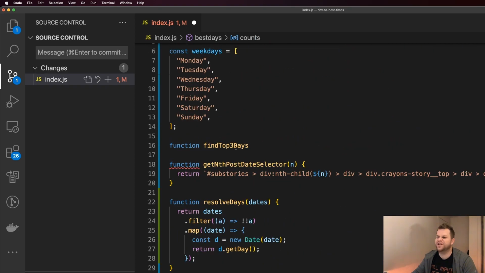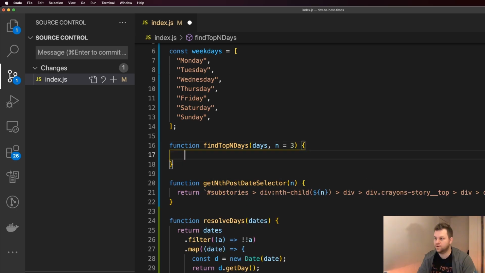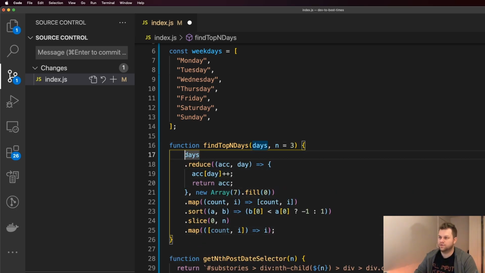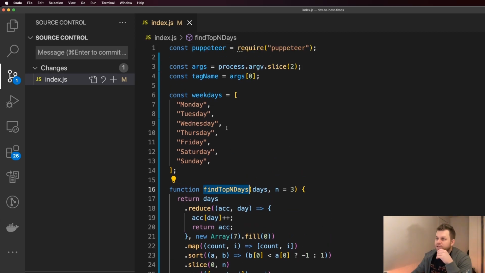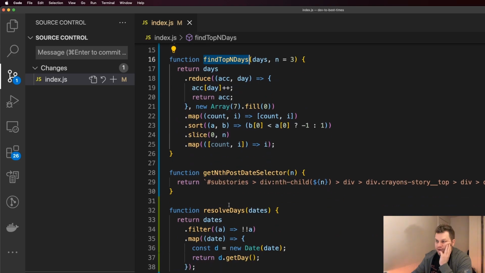We'll default to 3 days. Return. Don't think I need anything else in there. Yeah, it's just a local thing. Okay, so these are utility functions. They should be in other files, and